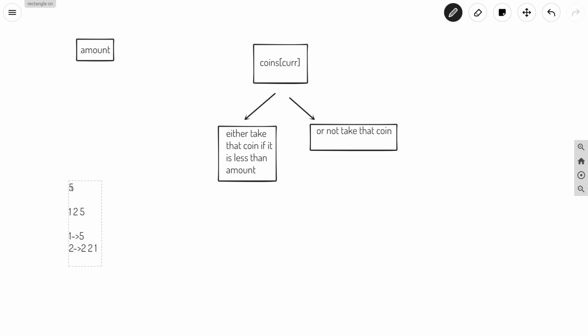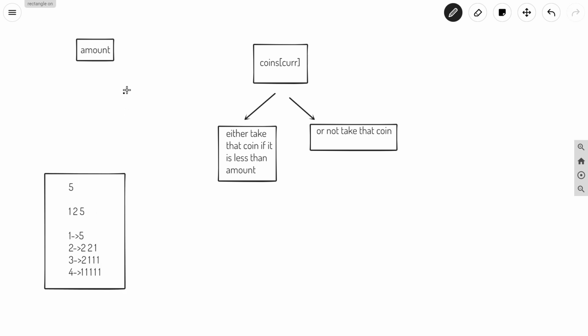The third way is 2, 1, 1 and 1, again a total of 5. And the fourth way is that we take 5 coins of denomination 1. So these are the 4 possible cases, and for this input we just return 4.